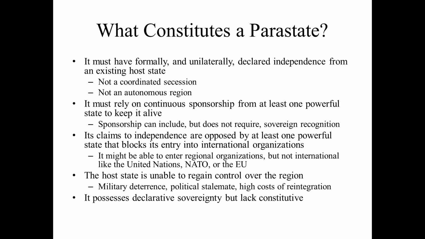And look, let me be really, really clear. Having constitutive sovereignty doesn't necessarily mean that you're a strong state. It just simply means that you're in the UN. Right? Somalia, Haiti, South Sudan, Chad, and the Central African Republic all have constitutive sovereignty. They all have seats in the UN. They're all horribly weak, corrupt, failed states. Some of these parastates are actually more internally cohesive than some UN member states. Right? Even Kosovo. Abkhazia, Somaliland is actually better off than Somalia itself.